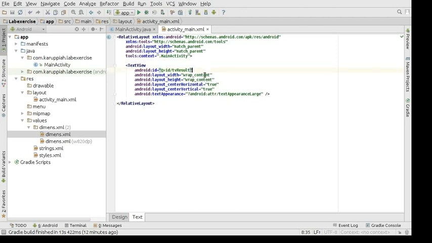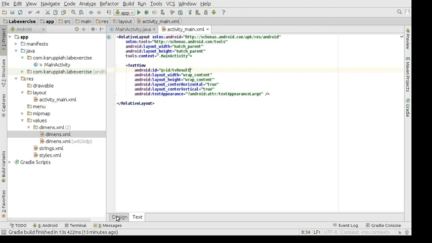Actually, you can easily type it out because Android Studio is so good that it will give you suggestions. I'll just show you how. You type in android:id, and even if you remove this, you can type android. See, it shows you android in the suggestions. Press enter, and now if you type I, you will get id, and it will show you suggestions, at plus id, and then you can give your unique ID.